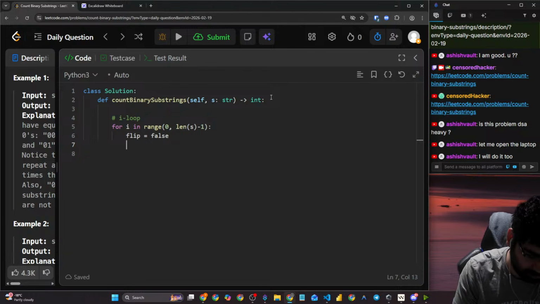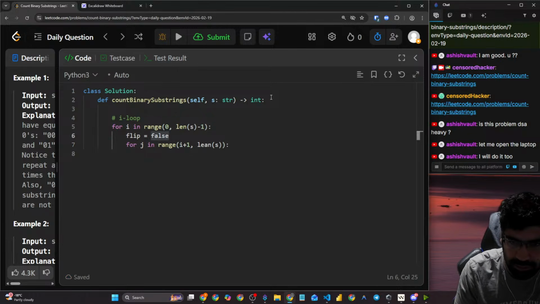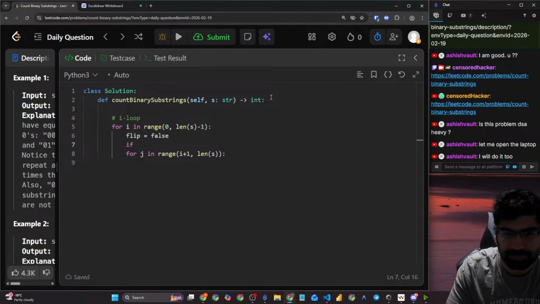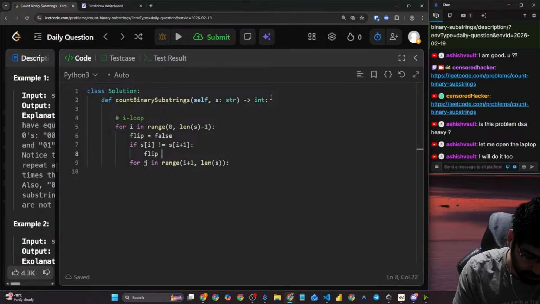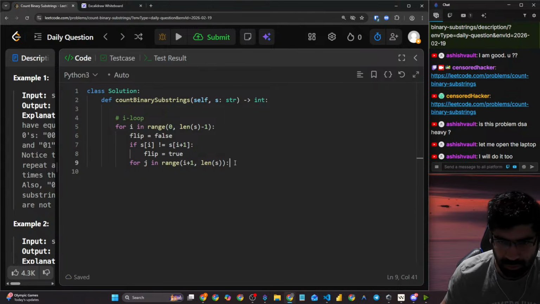No, i plus 1. If s of i is not equal to s of i plus 1, flip. For j in this situation,